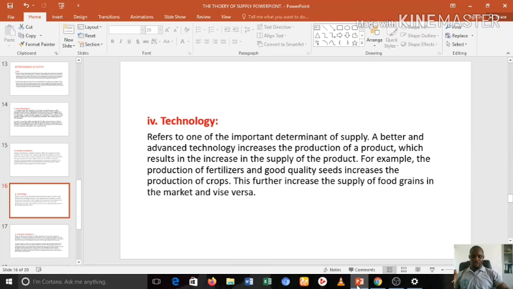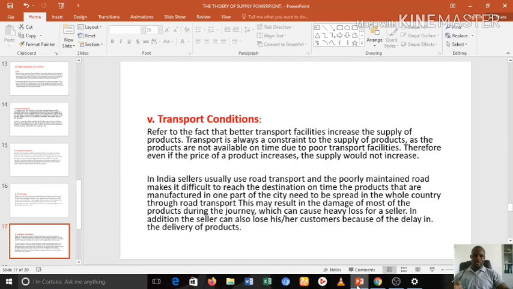So as you read the notes, you understand better. It's very simple. The next one is transport condition. I want to look at a particular country here. Let's look at India. In India, most of their goods after production use one means of transportation to supply the market. I'm saying that this is a practical analysis right now, students. In India, every product that is produced, be it an agricultural product or an industrial product, passes through one means of distribution, or one distribution channel, which is the road.